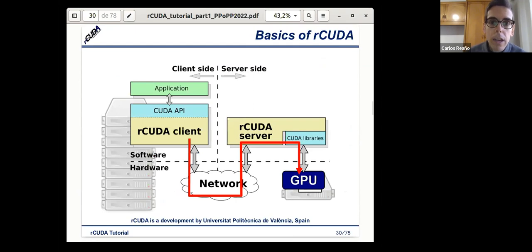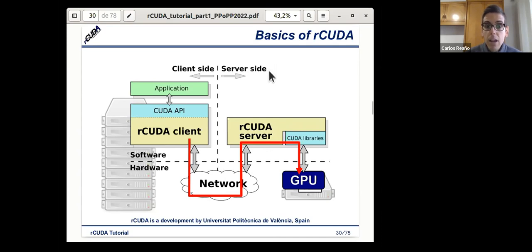Okay, so how does it actually work? Remember that before we mentioned that we have an application and it's using CUDA libraries. So what we are actually doing inside rCUDA is, okay, we have the client side and the server side. In the client side, in the left part of the slide, we can see that the application is running as usual. But when this application calls a function from the CUDA API, our rCUDA client intercepts that function and forwards it through the network to the server side.